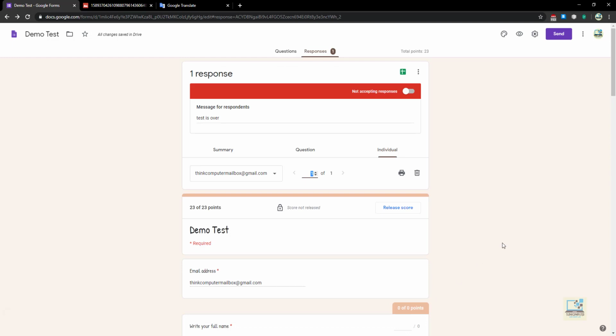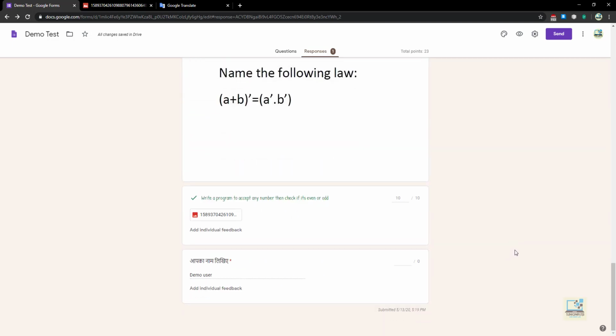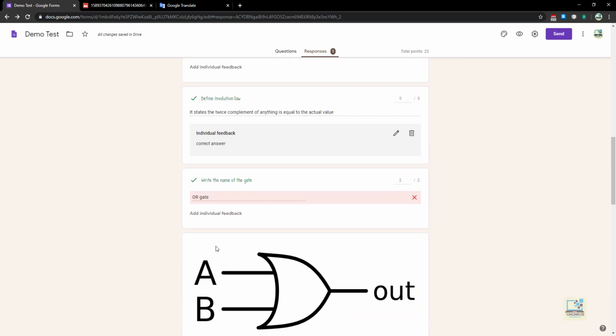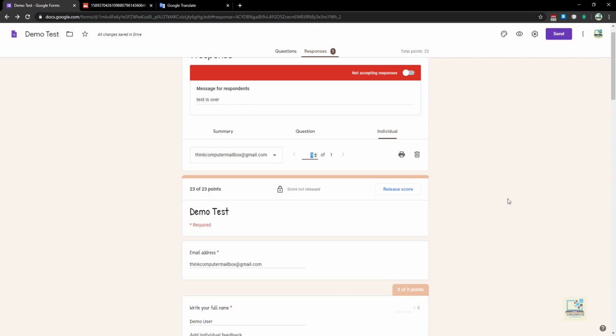Okay, as you can see, beside some answers, even after giving them full marks, it is displaying a red box and a cross. That is because you have not written the correct answers. So Google Form will by default assume that whatever answer is given by the student is wrong.